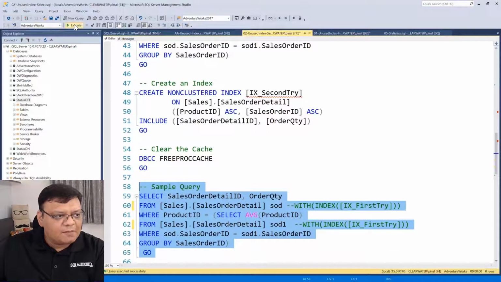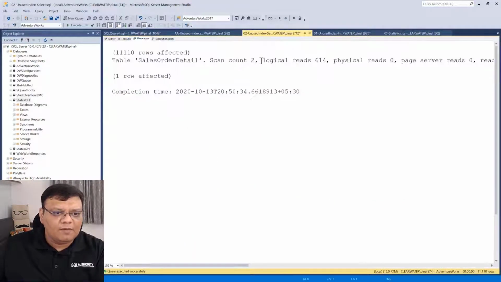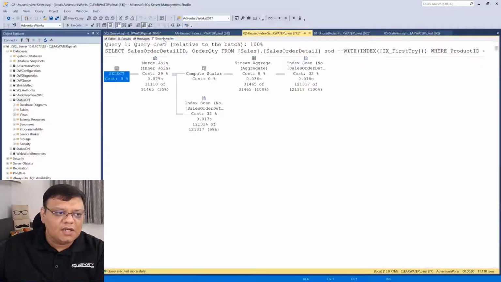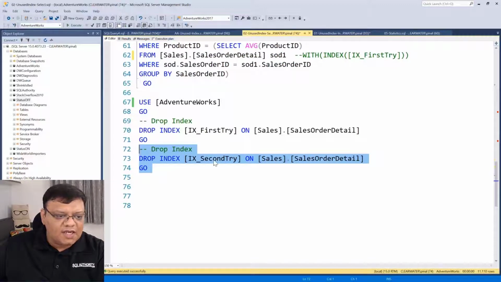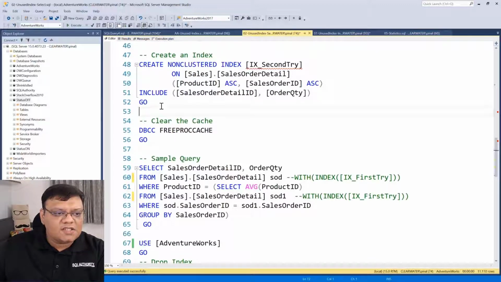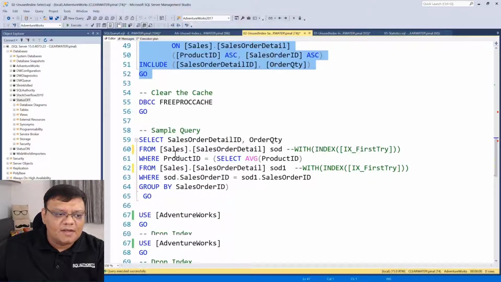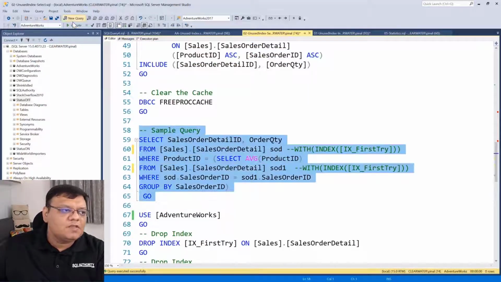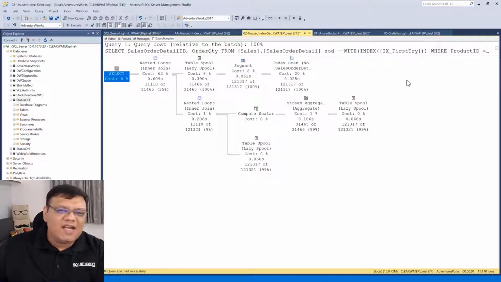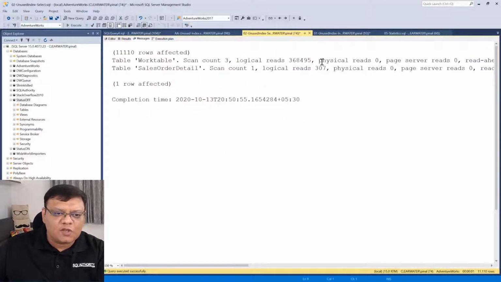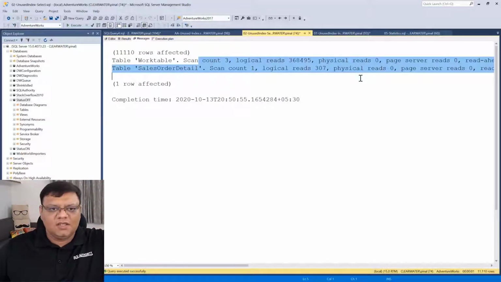When I run the same query after dropping those indexes, once again we have little logical read and our execution plan changes. Now, let me just recreate this second index. As soon as I recreate this second index, please look at this query's performance. This query now entirely changes in terms of execution plan, but your IO also increases.